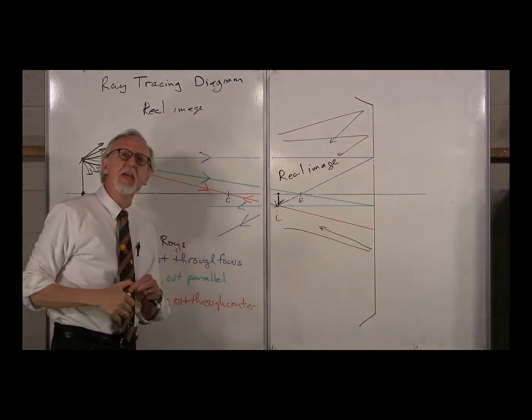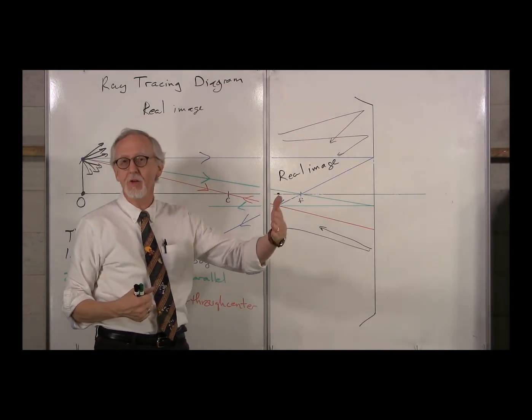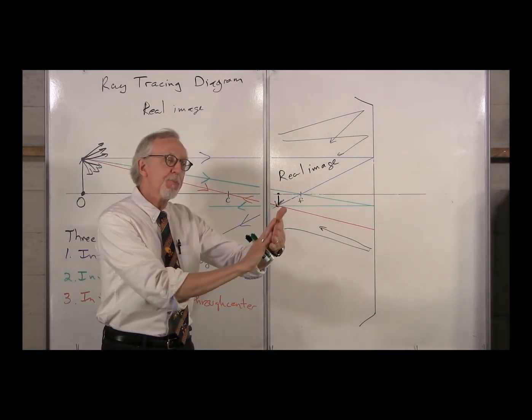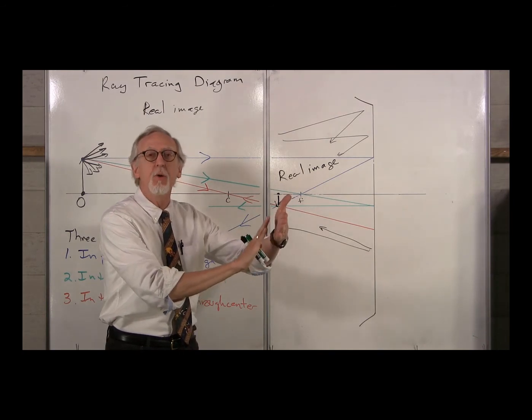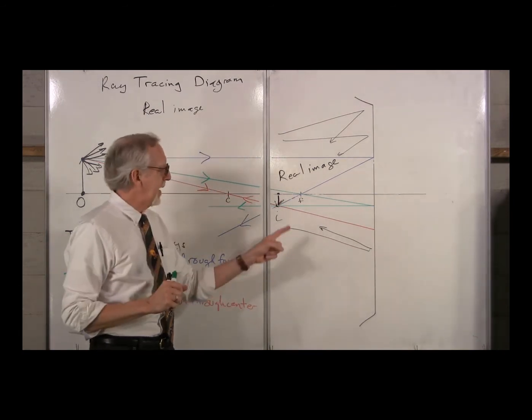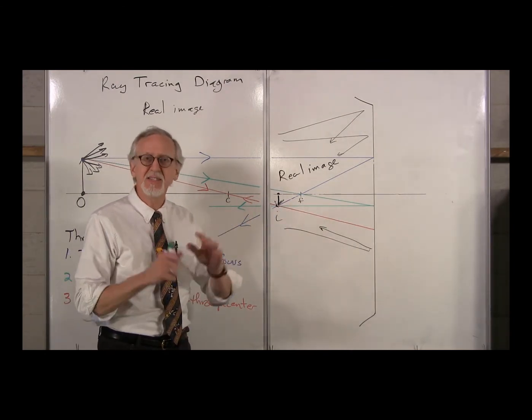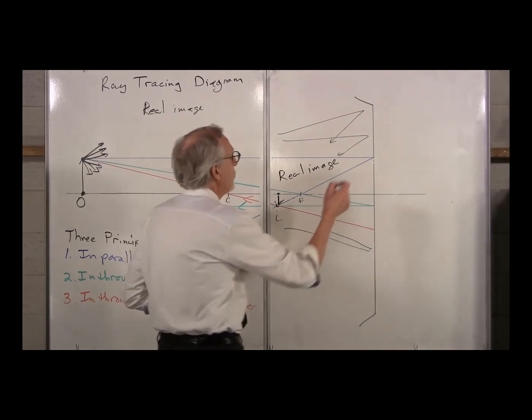How do we know if an image is real or not? The idea is if you could put a screen at the location of the image, a little picture of that image would be formed on the screen. We will say that if the rays physically cross, it's a real image. So I want us to keep that in mind. A real image,